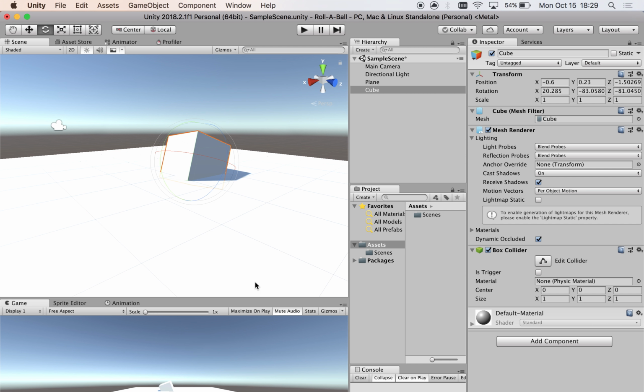Okay, hopefully that's a little bit clearer. So I didn't do anything in the scene. I just made it so that the screen's a little bit larger, so hopefully you guys can see a bit